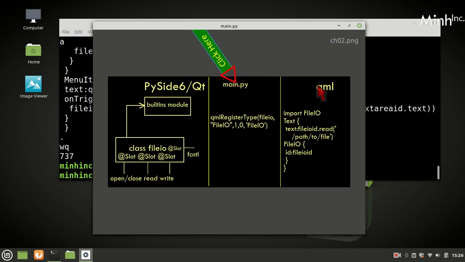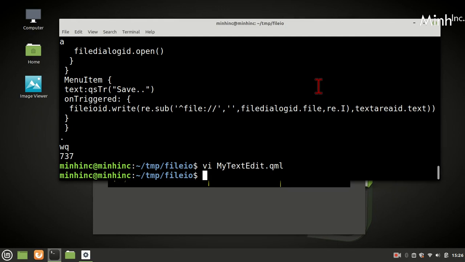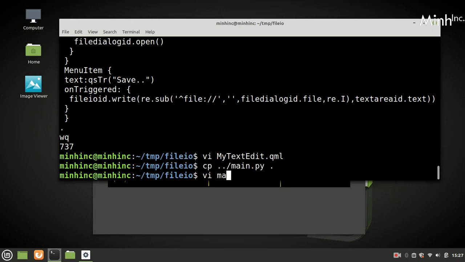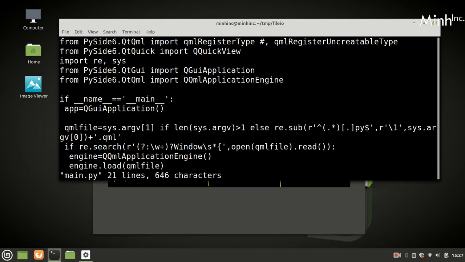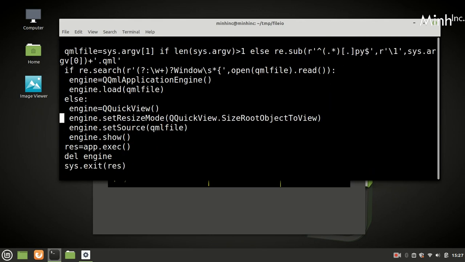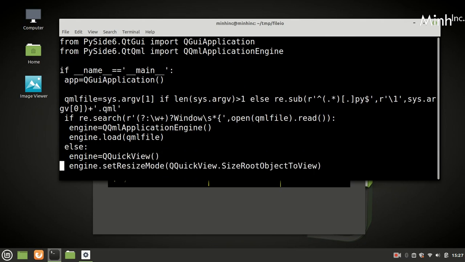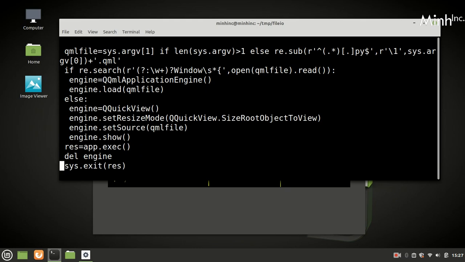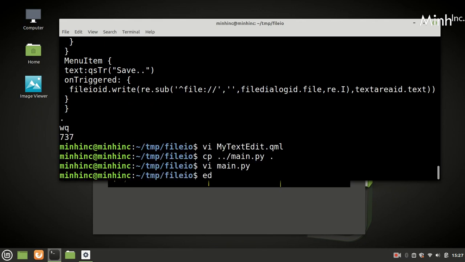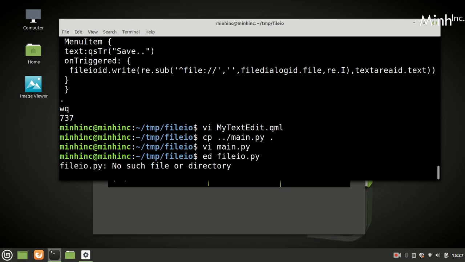Main.py, as per the design we have main.py. So we will copy the main.py. There is a generic main.py. Okay, so this is main.py, which would read the QML file. It's equivalent to QML scene, and it would read the QML file and execute. We develop now file io.py Python code.